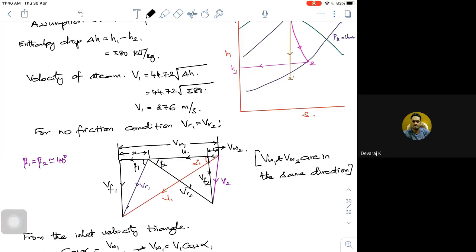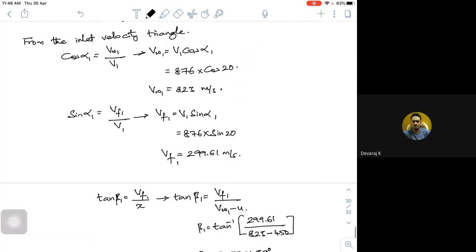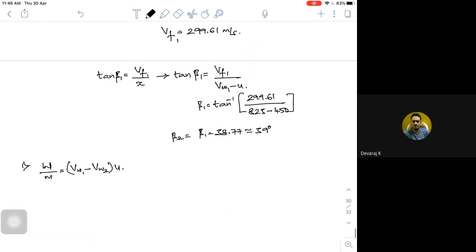Remember, in the last class we were looking at the influence of your blade ratio, that is the ratio of the blade velocity to your stream velocity. What is the influence of U by V? I think they keep asking this question. So I have done it in a different way. I took that as phi, the speed ratio. What is the influence in a single stage turbine, either with respect to the blade efficiency or with respect to the work done?